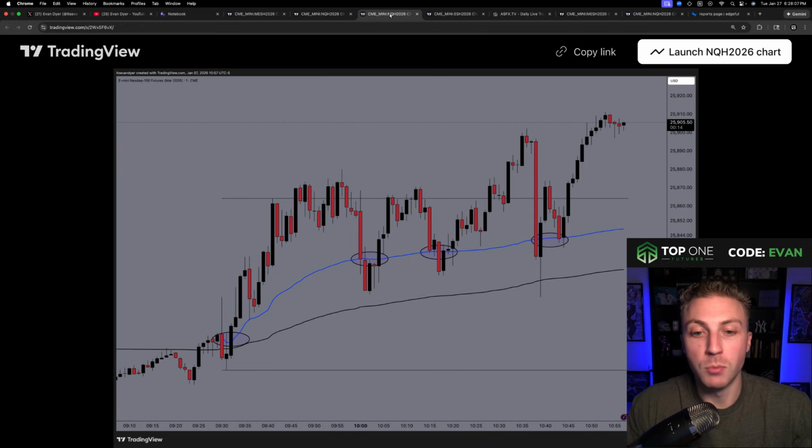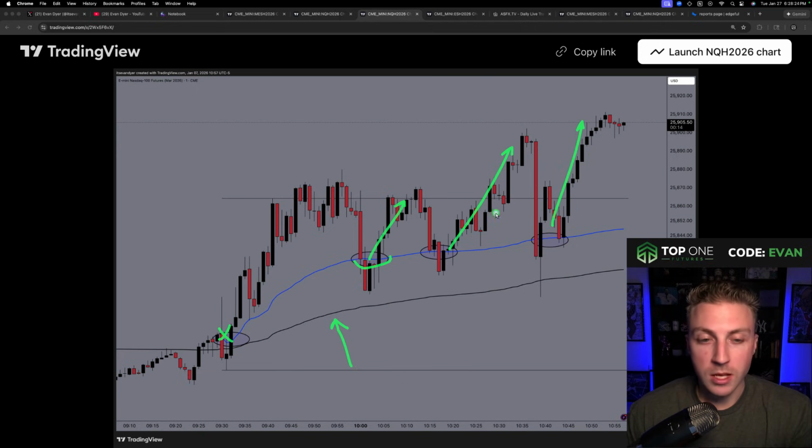So in this markup, the blue one is New York, anchored today at 9:30 Eastern Time, the New York open. And the black one is the overnight. Now, you definitely could use that one, it's all in my strategy as well. But just look how well these bounces off the New York are. You can make some money on that scalp, on this push away, another push away. I have a video on this day as well.